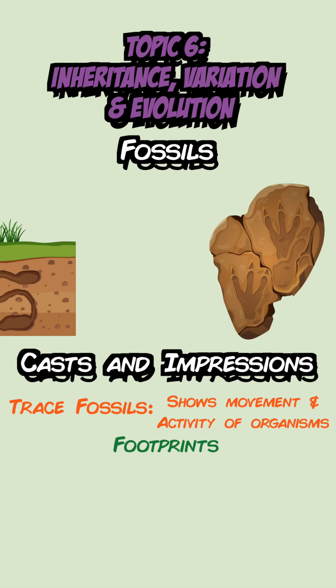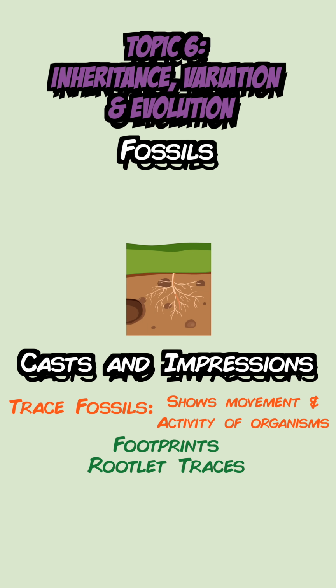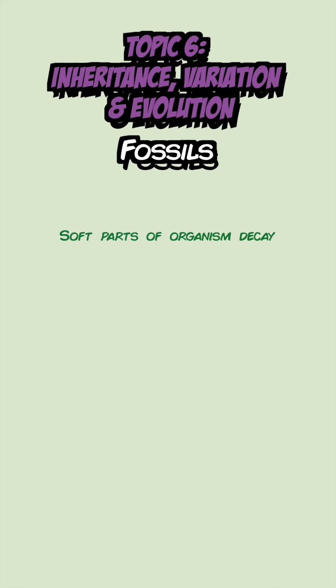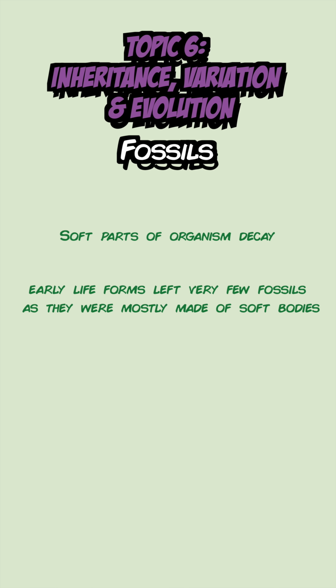This could be things like footprints in clay or rootlet traces, which show where plants' roots used to be. This also includes burrow traces, which show tunnels that animals used to travel through. But fossils only give some evidence. For example, soft parts of organisms decay, so very early life forms left very few fossils as they were mostly